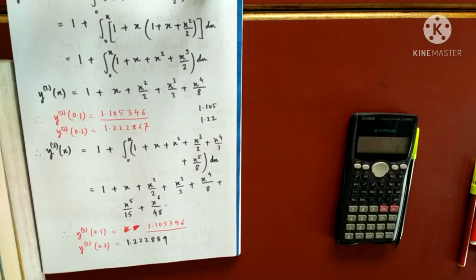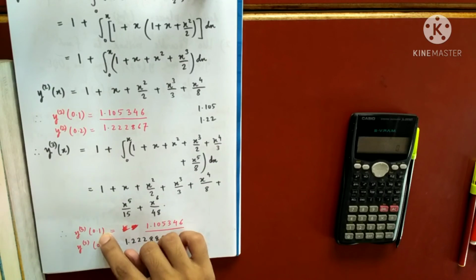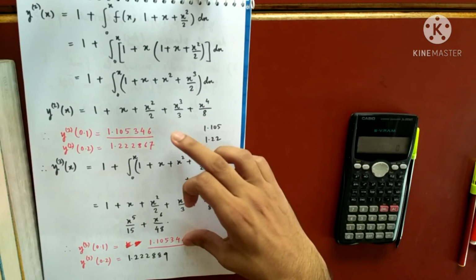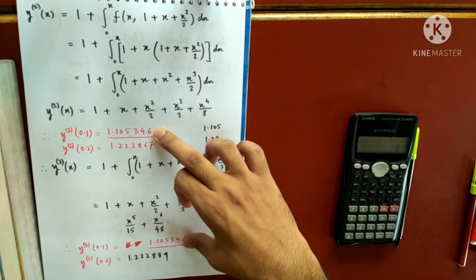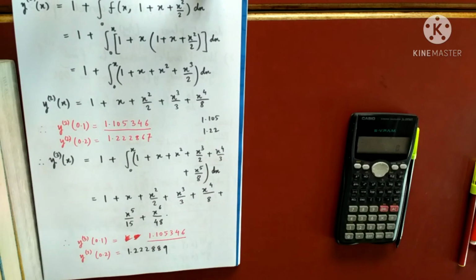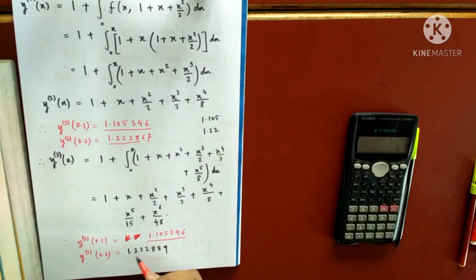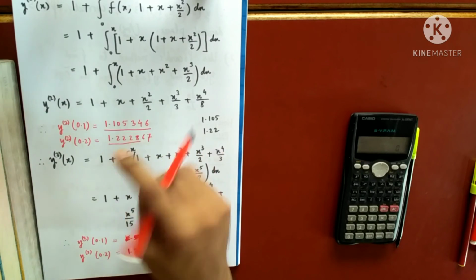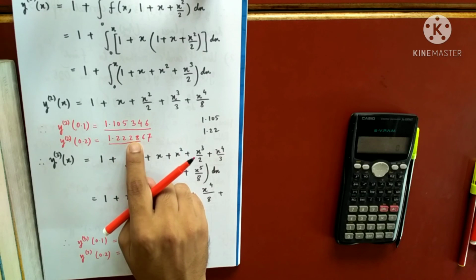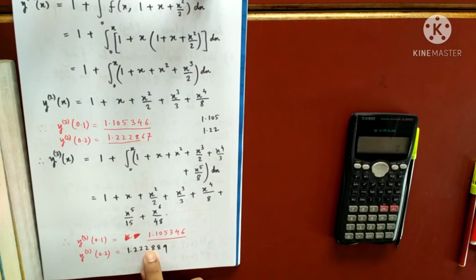So you see, the previous value of y at 0.1 was this, and the new value at 0.1 is this. So they are exactly the same. So we will stop here for 0.1. I have got the value of y at 0.1. It is this. We will no more compute y at 0.1 because I have got two steps for which these are identical. So this is correct up to 6 decimal places. But for this, they are correct only up to 3 decimal places.